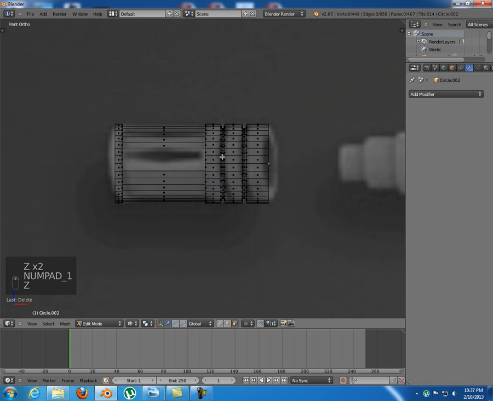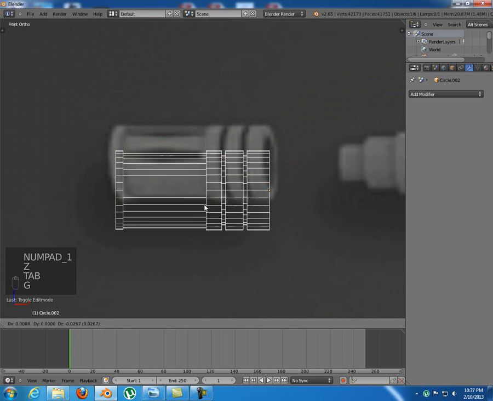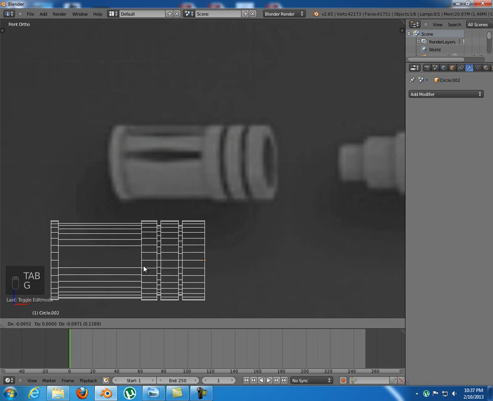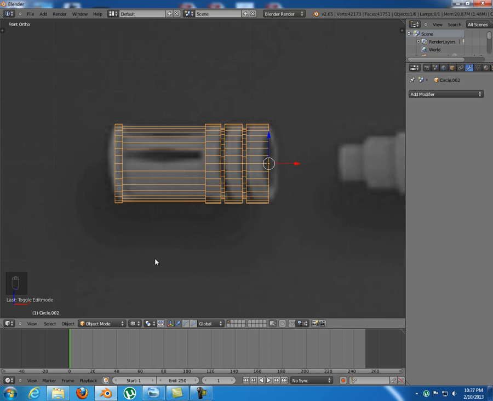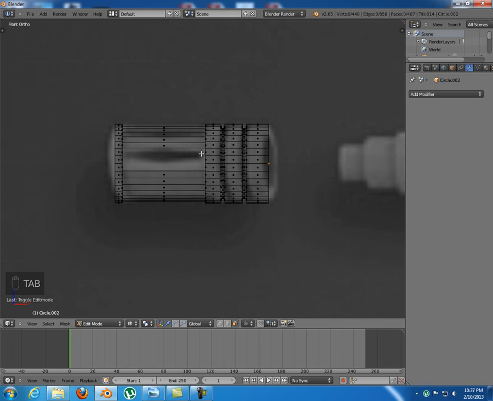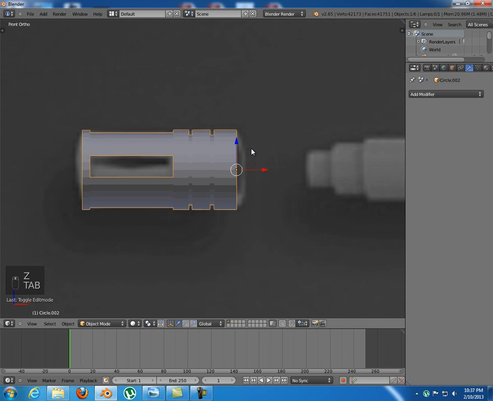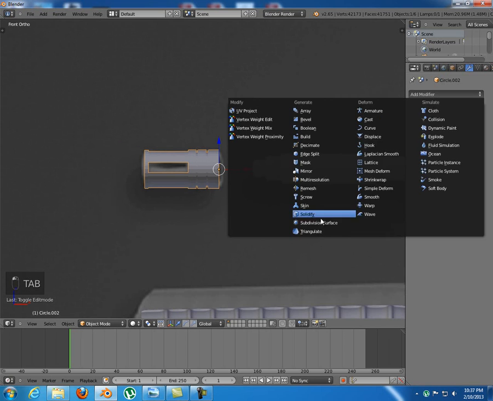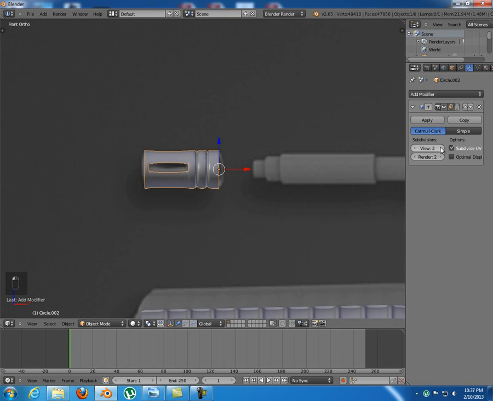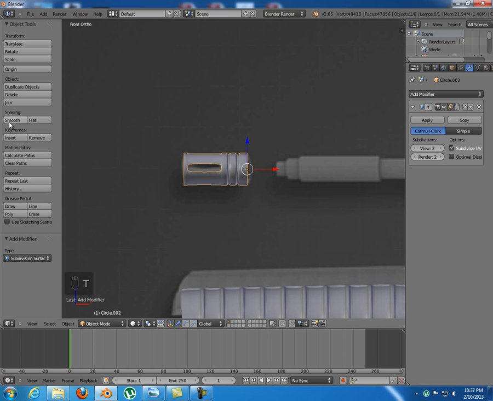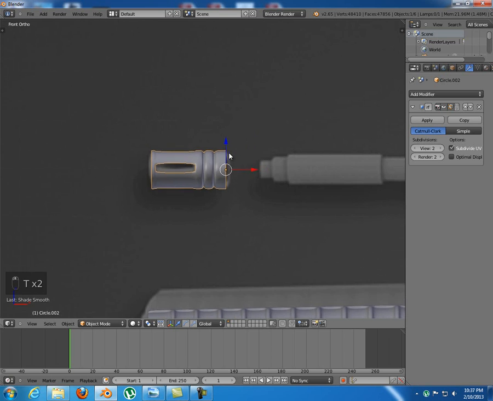Okay, now if you can see, those are a little bit rounded on our background, and these are not rounded, they are square, but they will get round when I add the subdivision surface. So that's what I'm going to do. Add the subdivision surface. Okay, as you can see, they rounded themselves a little bit. Also press smooth shading,